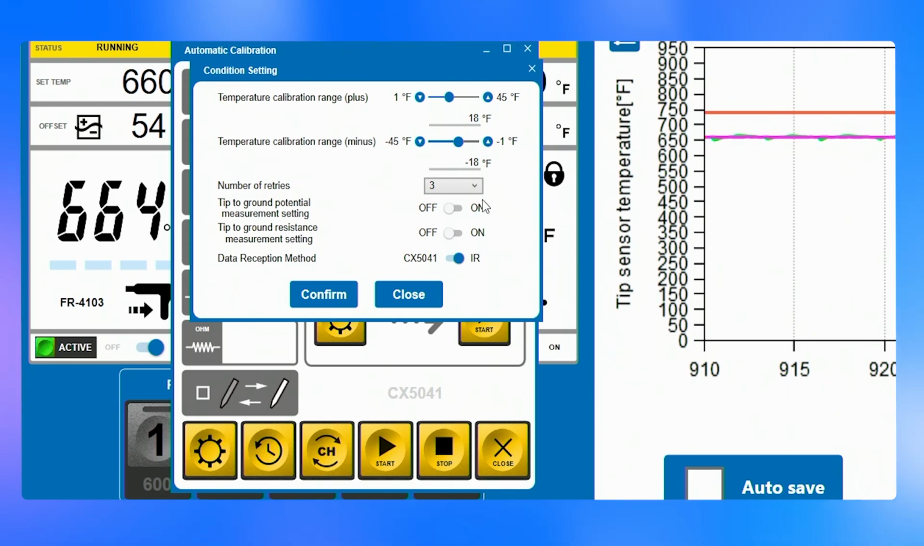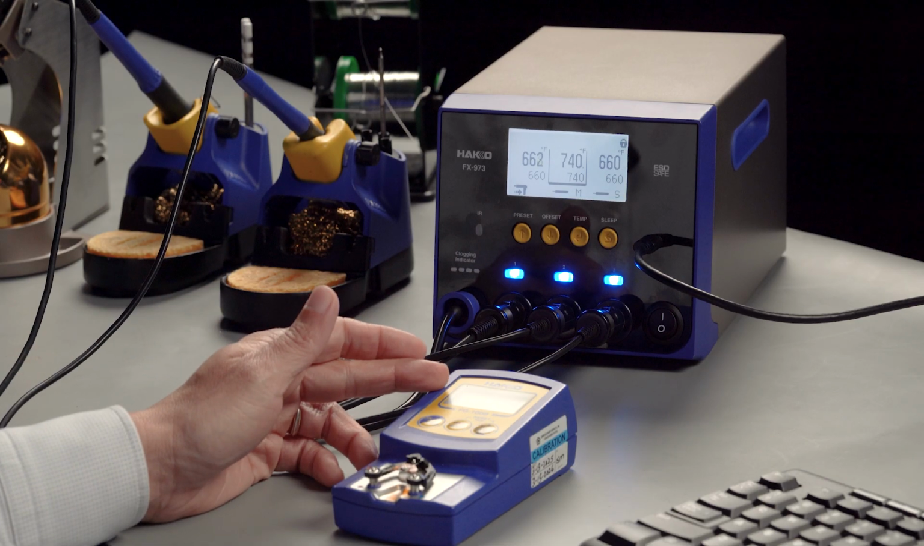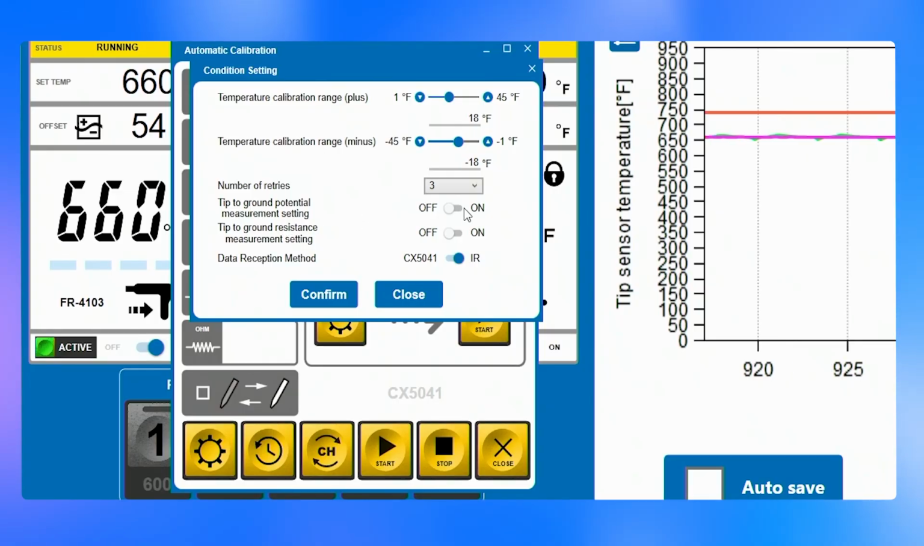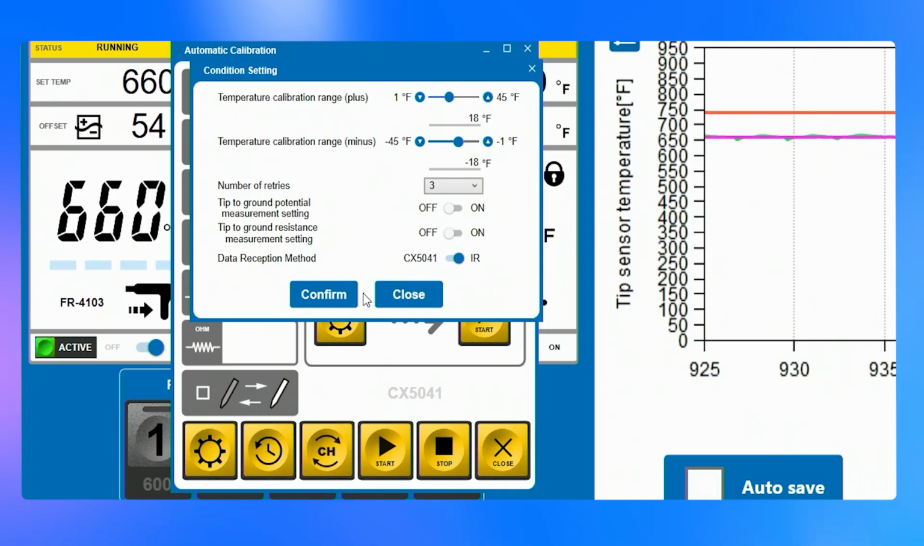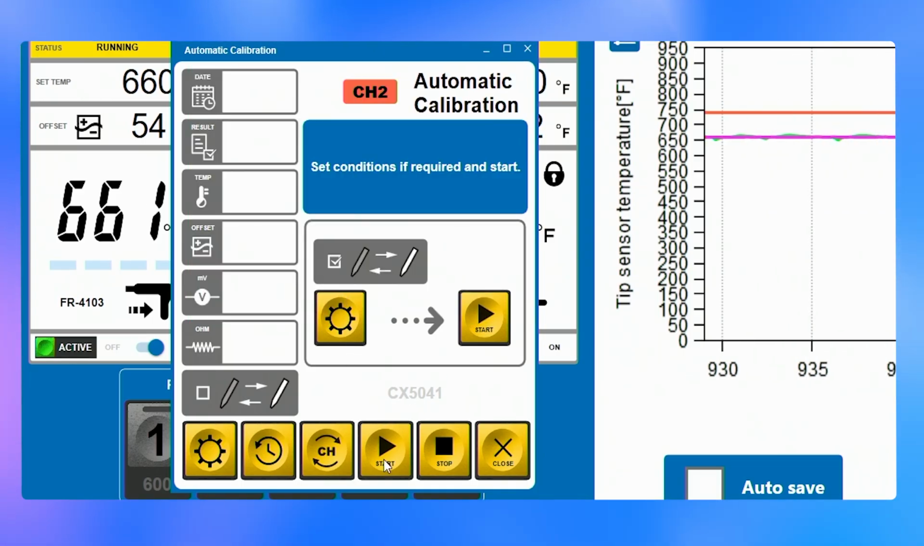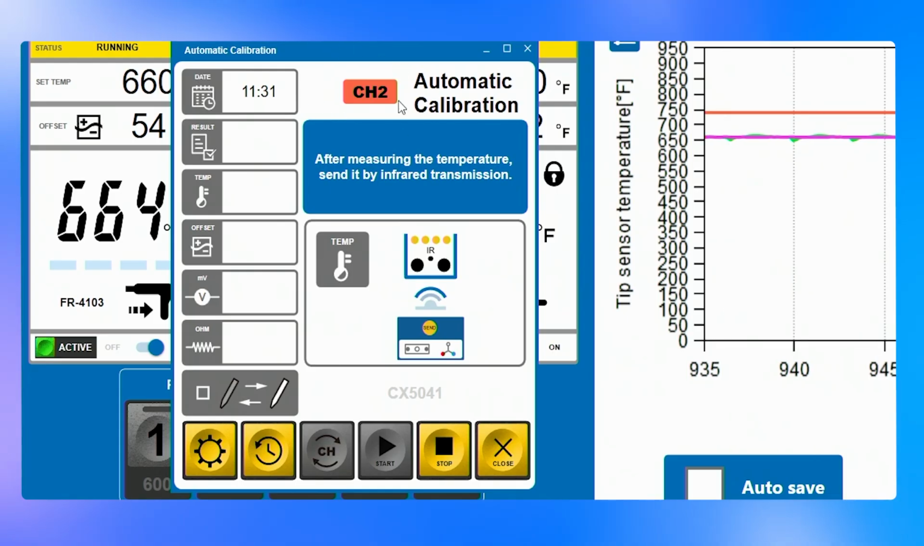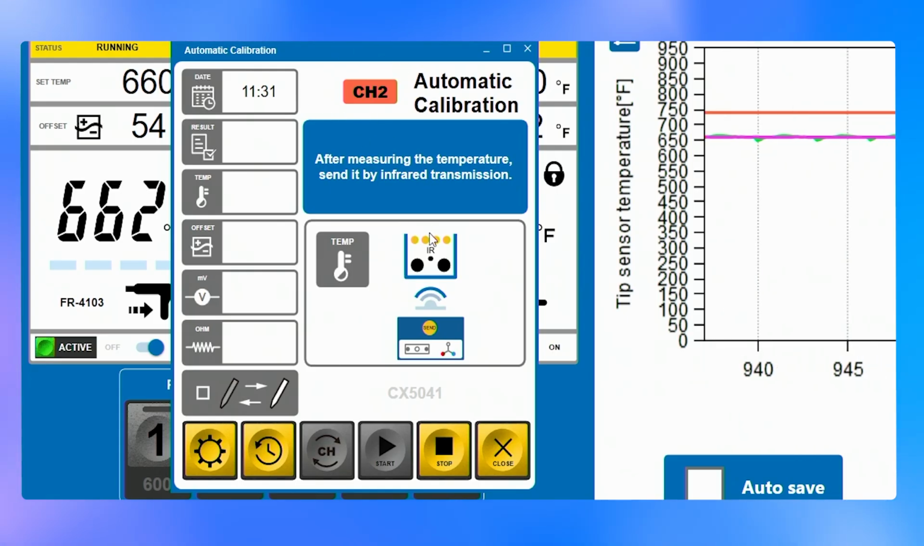Number of retries is 3. Right now I'm just doing the tip temperature only, so I have the tip to ground measurement off, and the ohm potential is set to off, and then data recognition is IR, right? I hit confirm, and then now I hit start. Now it says after measuring temperature, send it by infrared transmission. Remember, I'm working on channel 2, okay? So I'm going to grab my iron on channel 2,